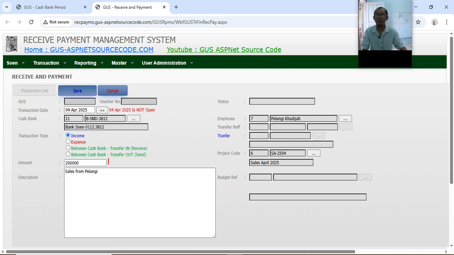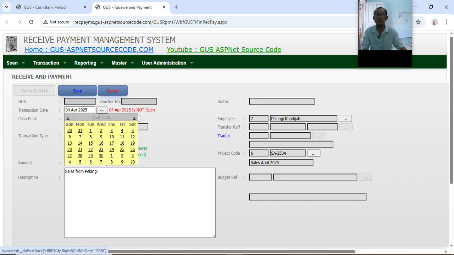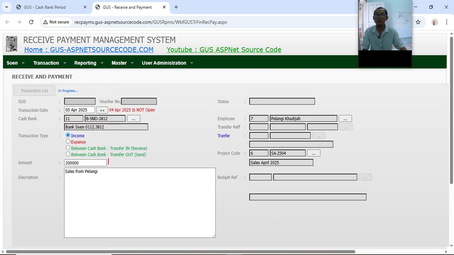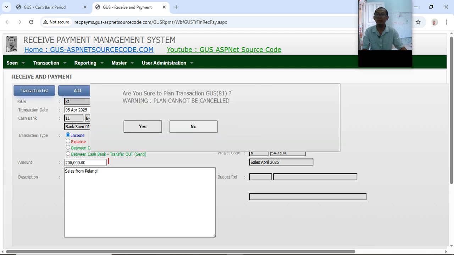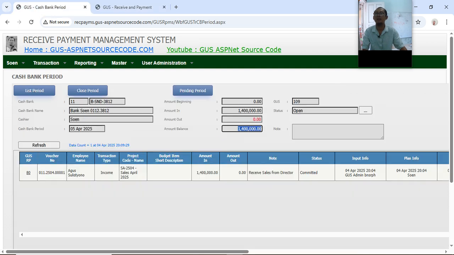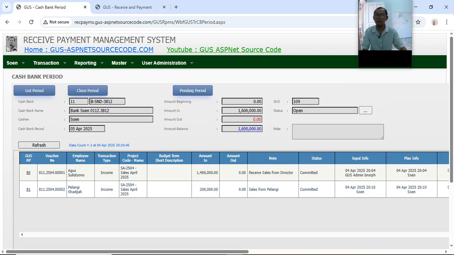Now let's save. April 4 is not open. Okay, I will change the date to 5 April and save. Now let's plan and commit. Yes. Let's check again. Let's refresh. You see here? The second income gets into the sales. Amount in is 1,6. Amount balance.